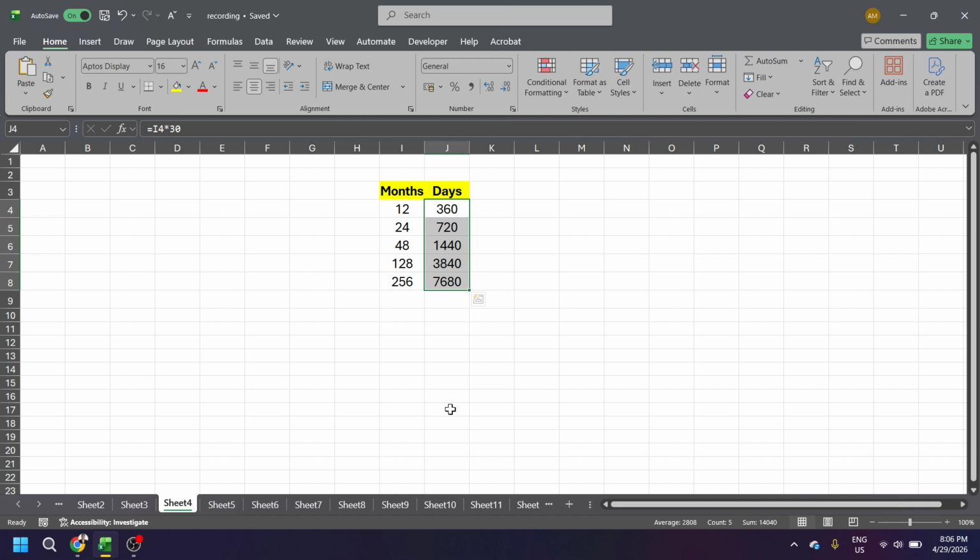If you need a more precise average month length, many teams use 30.44 days or 365 divided by 12. And if you're working from actual start and end dates, you'd use date functions instead. But for quick planning and straightforward conversions, equals, select the month cell, times 30, then Enter is fast, clear, and